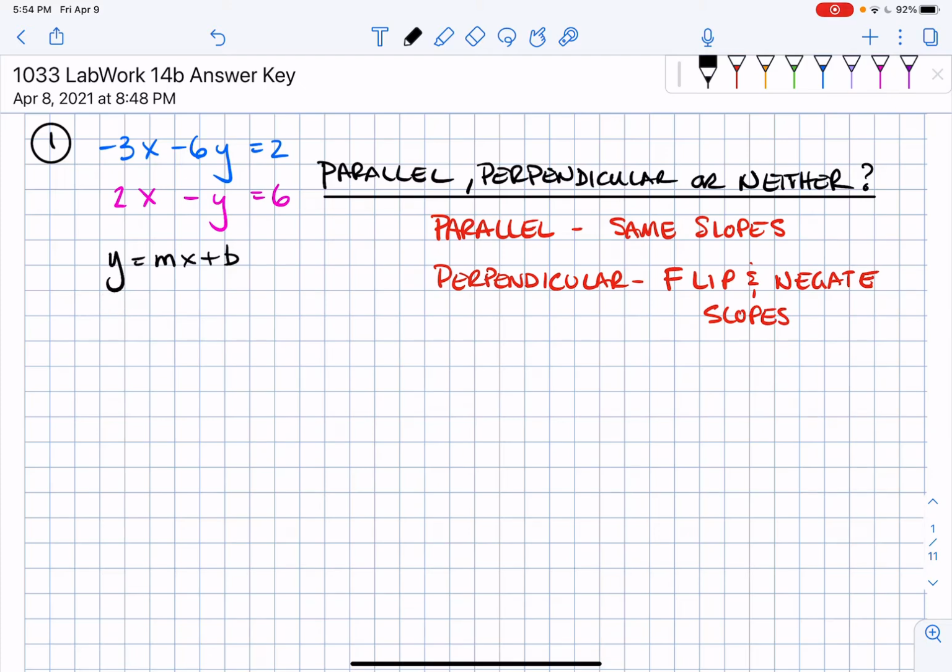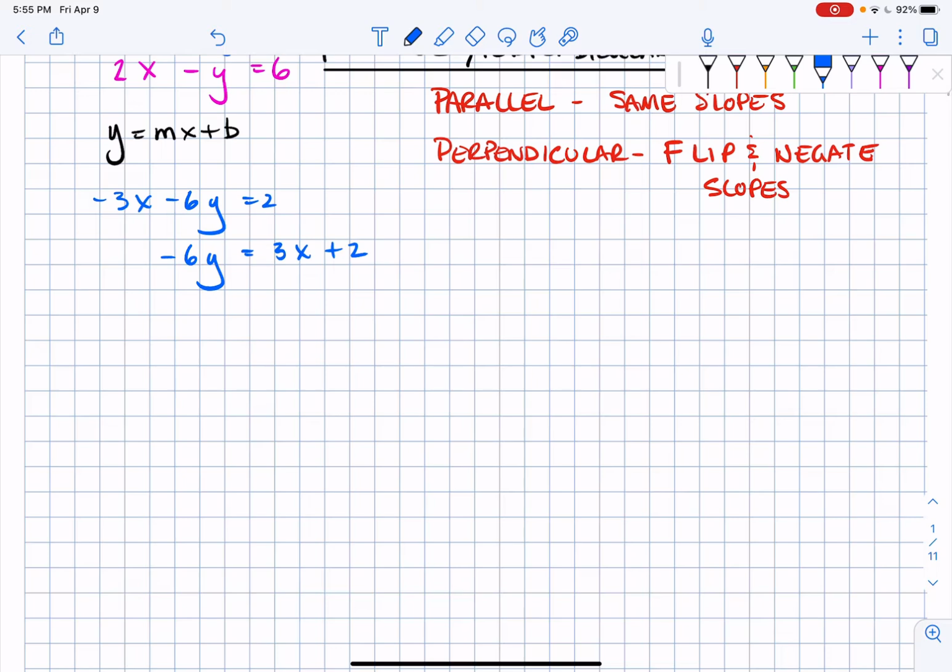So let's use the blue equation and get y by itself. So I gotta add the 3x over. So it's gonna be positive 3x plus 2. Then I got to divide everything by negative 6. So y is going to equal negative 1/2 x minus